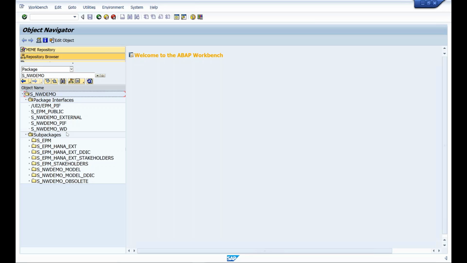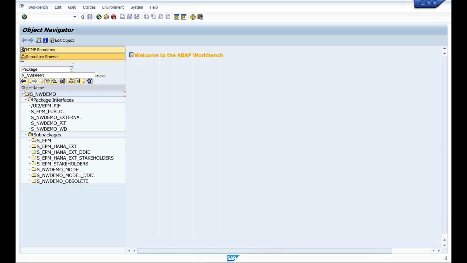And the important thing you should be aware of about repository objects is that they are cross-client. So except for SAP scripts, everything else that you develop in ABAP is cross-client. So if you have multiple clients in your development system, then you develop once in one client and it will automatically be available in other clients of the system. You don't need to transport it between clients. Otherwise,